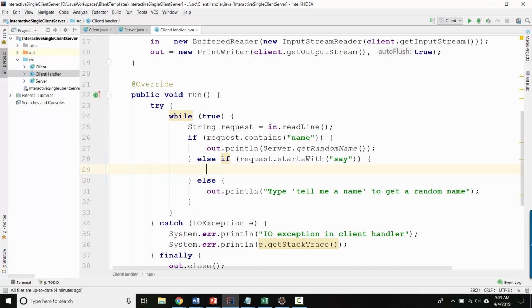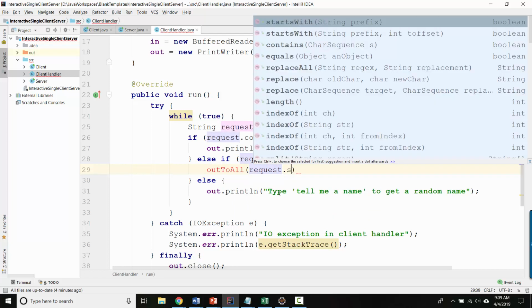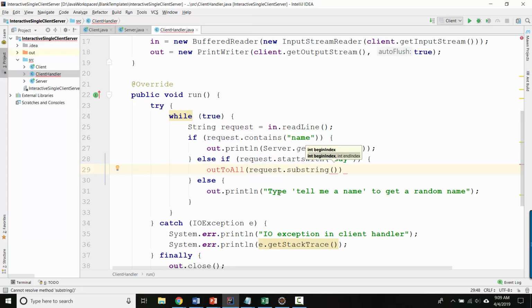So let's do this: out to all, and then I'll say request substring. Or let's do this. Let's find